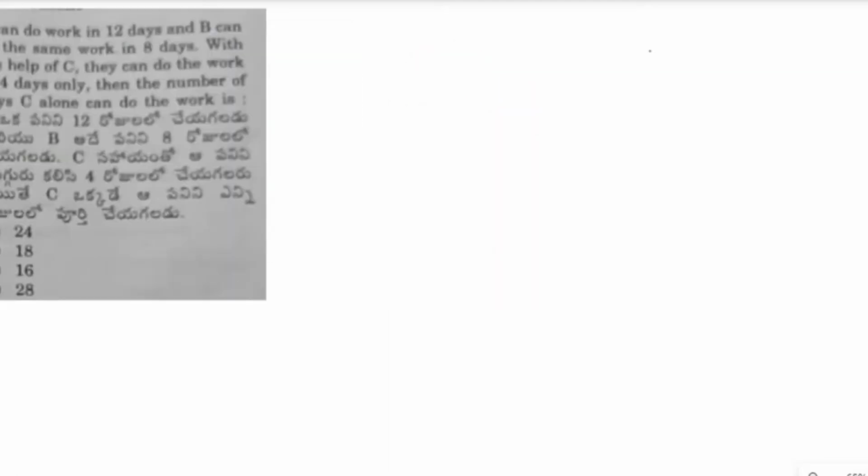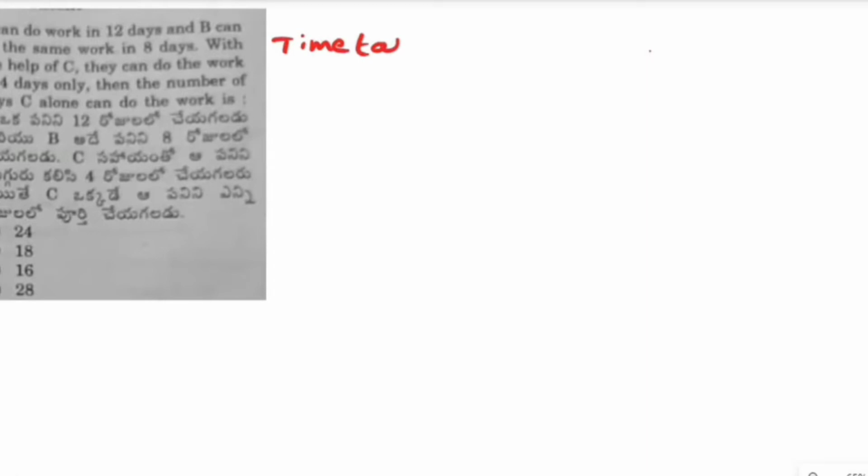Let us see question number 95. A can do a work in 12 days and B can do the same work in 8 days. With the help of C, they can do the work in 4 days only. Then the number of days C alone can do the work is. So let us see once again what is given in the question. A can do the work in 12 days. So time taken by A